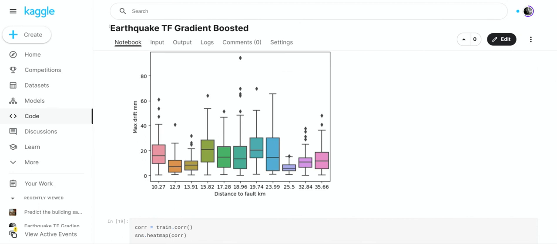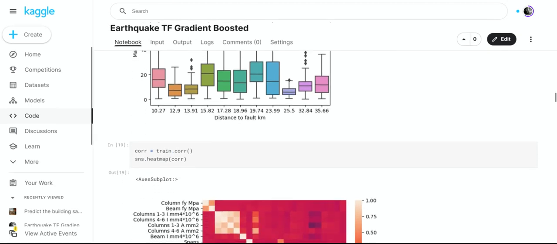So that's really interesting. So you would assume that the closer the earthquake is to the building, the least safe it's going to be. That was just an assumption.